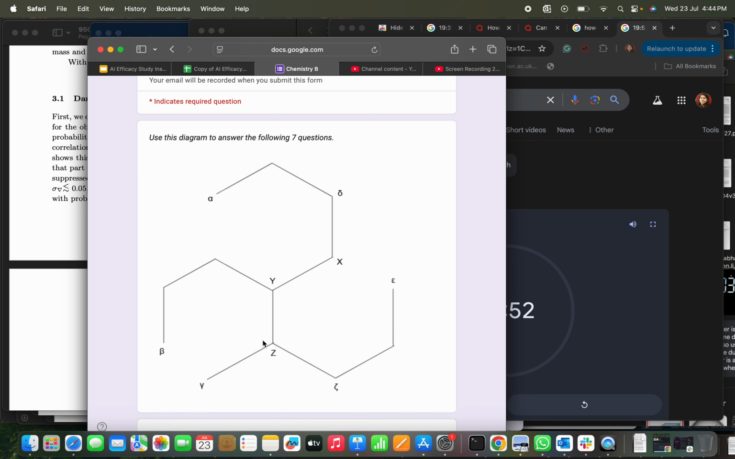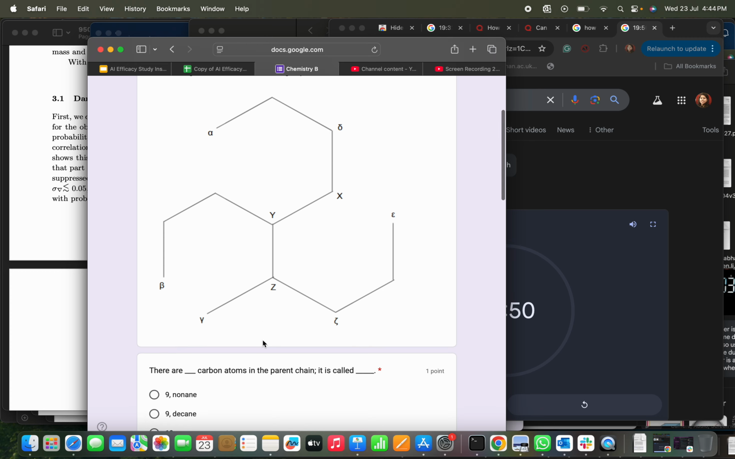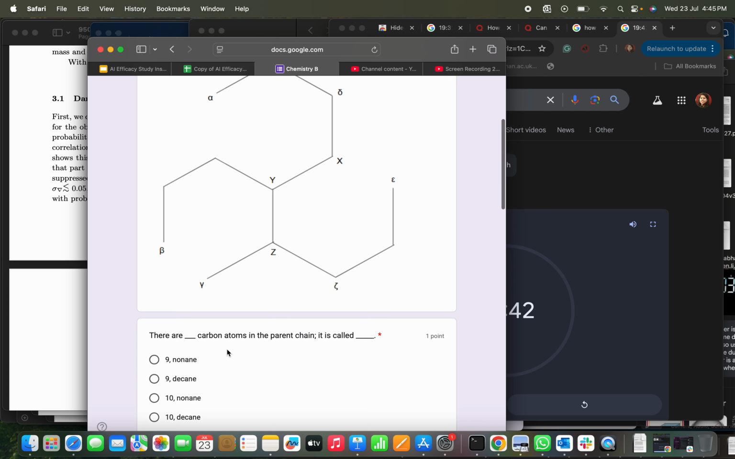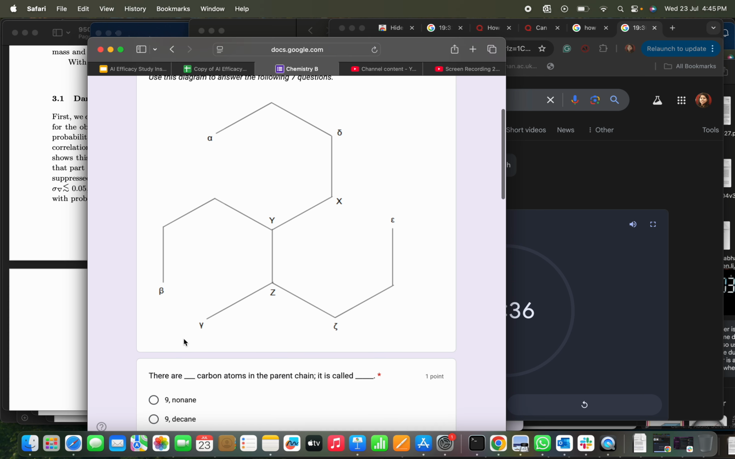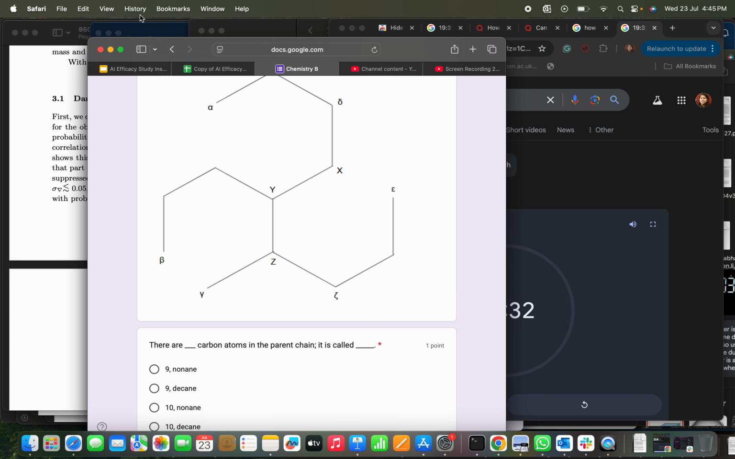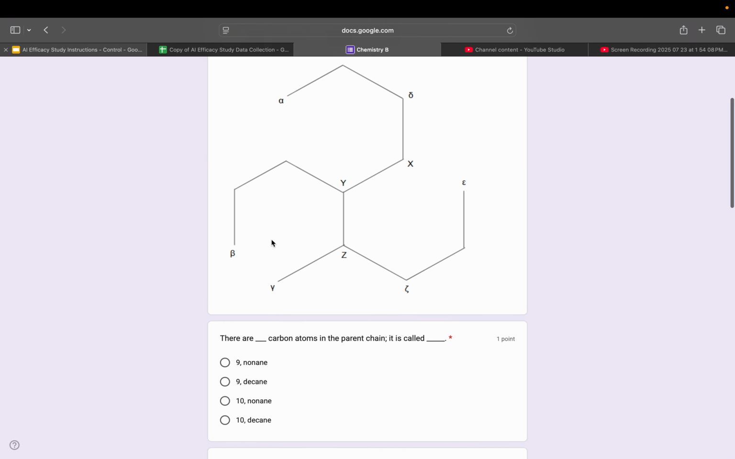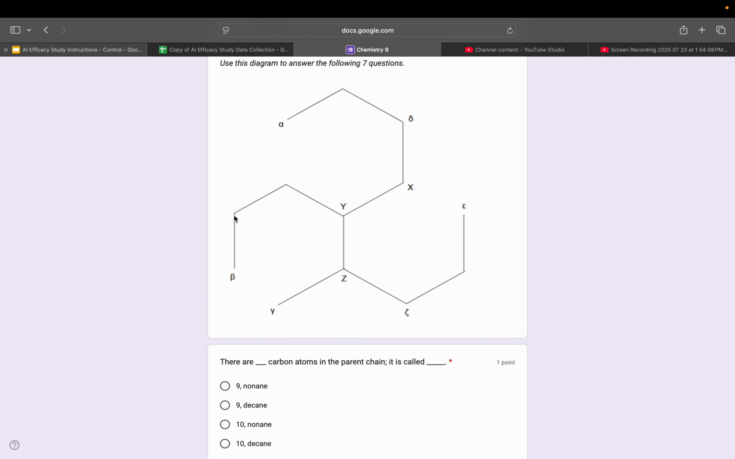The first question states that I have to look at this diagram here. It looks something like the benzene ring, which I have studied before, and I have to answer some questions. There are dash carbon atoms in the parent chain. I believe these outer lines will be the parent chain. I'll just increase the size of the screen here. So there will be a carbon atom at every